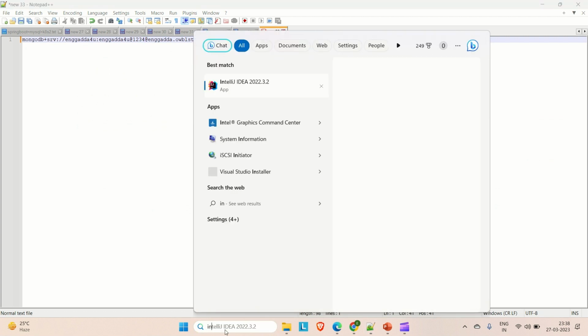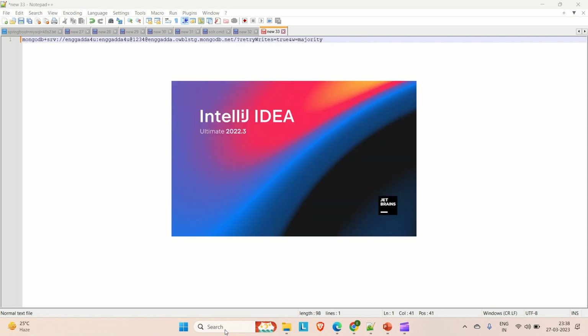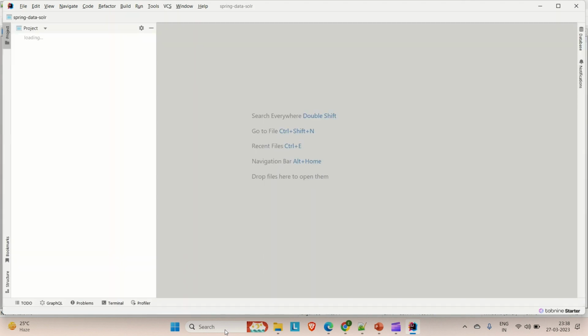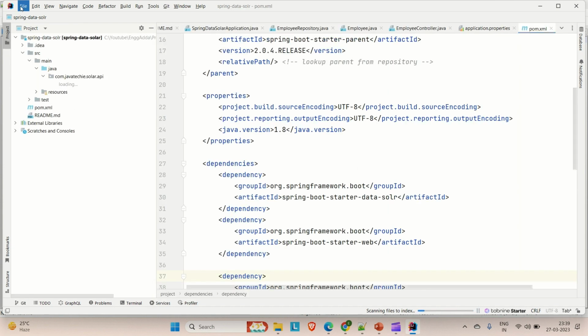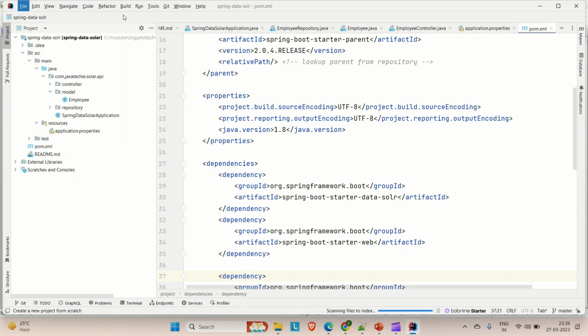For that, let me open IntelliJ. It will take a few seconds to open up, and then we'll create one simple Spring Boot application here. So just wait for that. Go to File, go to New, Project,